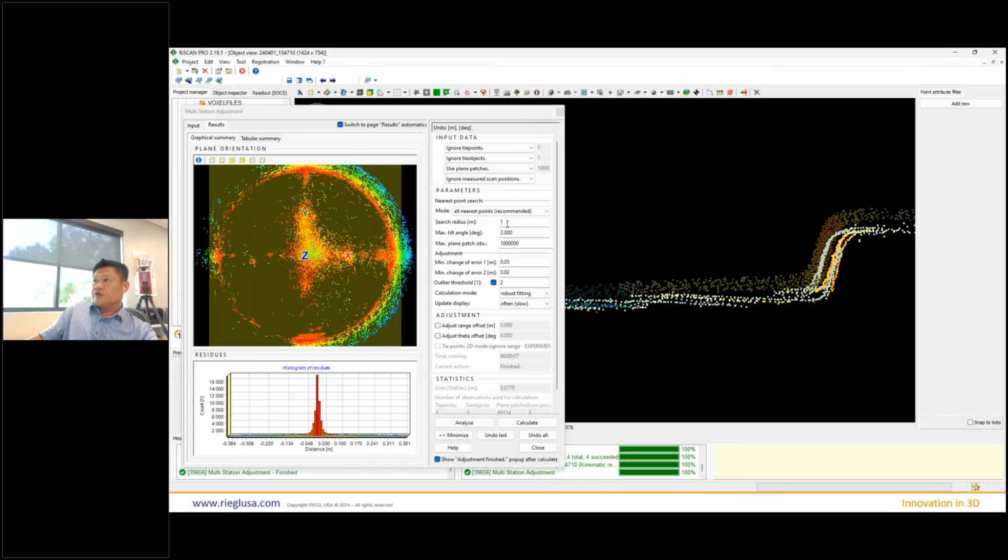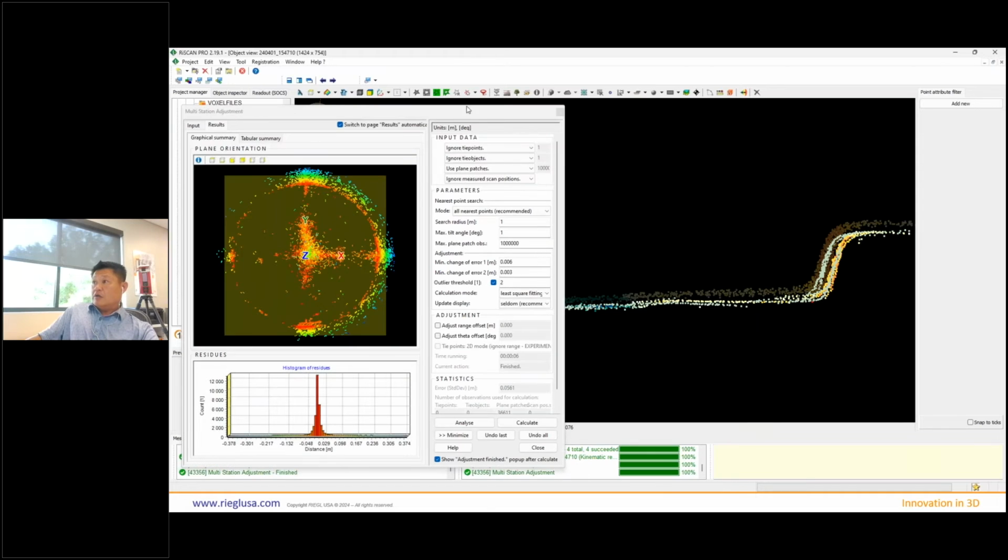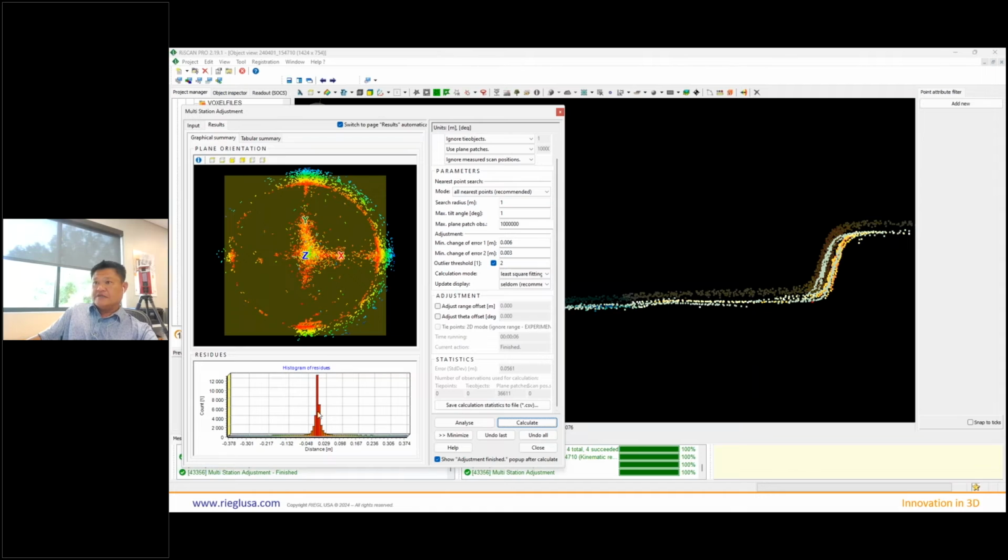Perfect. Now I just want to reduce this. 6 mil, 3 mil. Oops, please square fitting. And then okay, let's check it out. So what it's telling me is that it's got a good evenly distributed